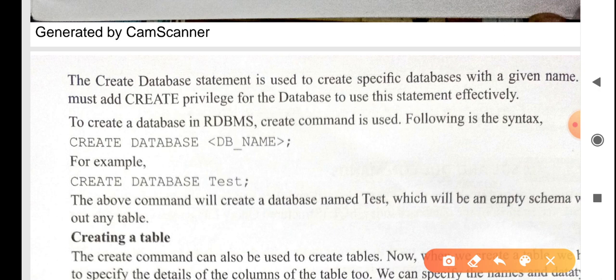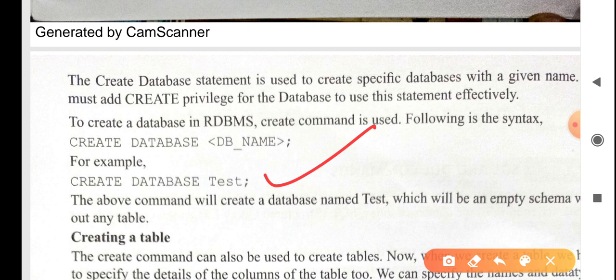So, the CREATE DATABASE command. For example, you can see here a database test is created. With the help of the command CREATE DATABASE test, you will be able to create a database test. Similarly, if you want to create a database employee, you simply have to write CREATE DATABASE employee.